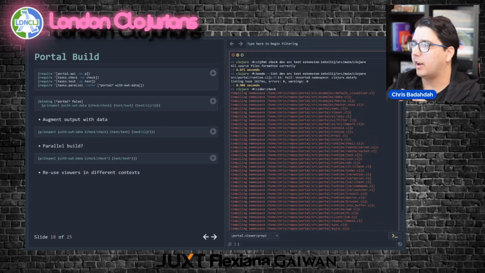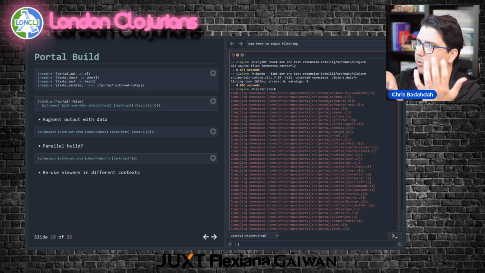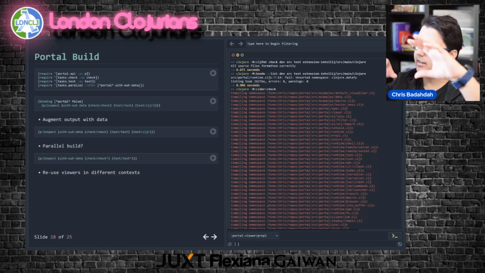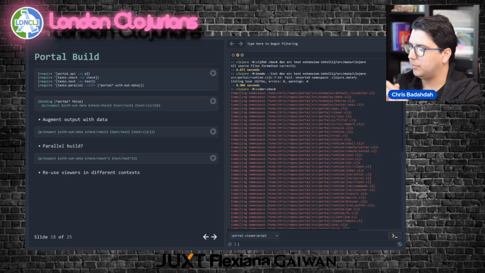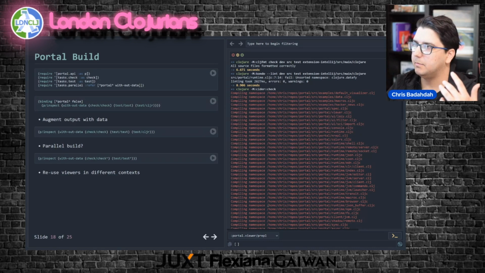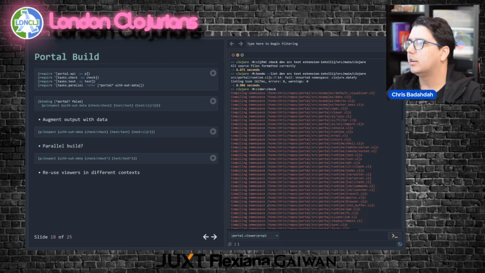By the way, this prepl viewer is the one I demoed earlier that was inside the log viewer in nREPL, because at that point the log viewer was driving, and inside of it was the prepl viewer. But there's nothing that says that data has to be on the outside. You can take the prepl viewer and put it on the outside and put the log viewer on the inside. So another thing with these viewers is they tend to be composable, in the same way that data is composable.